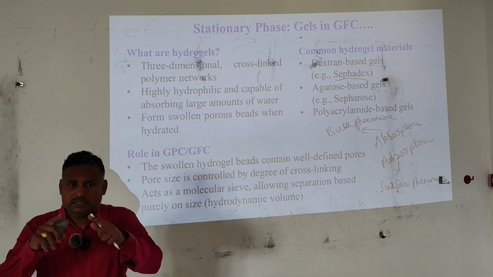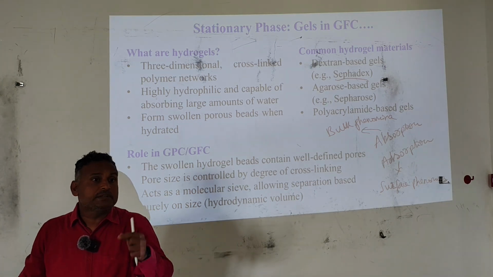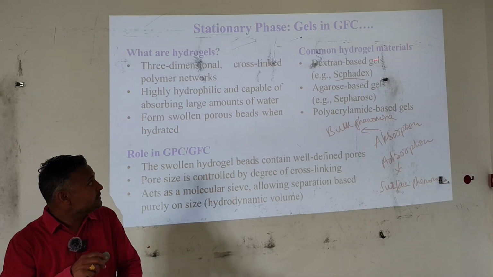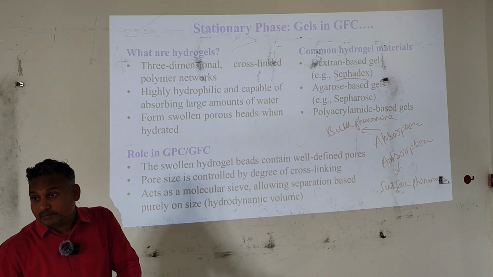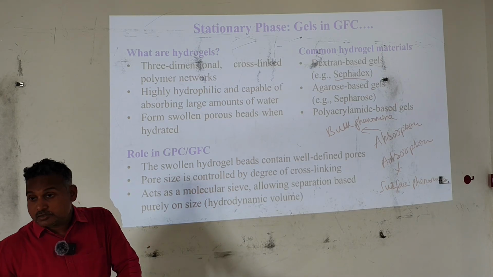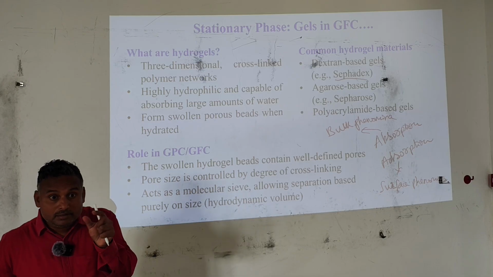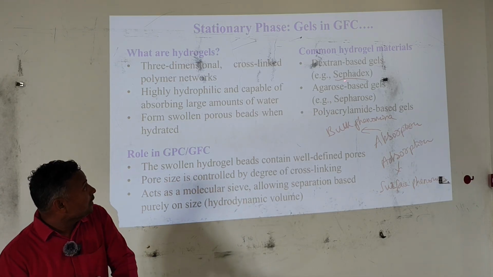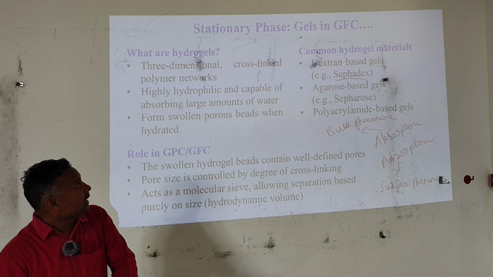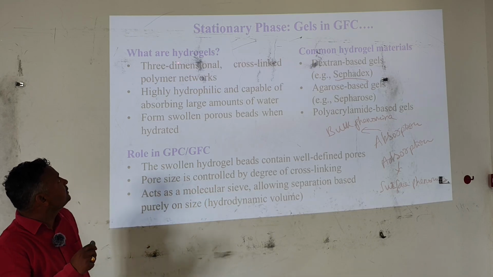When you read the column details, you usually see these terms: Sephadex, Sepharose. All these terminologies you can see on the label of the column. Agarose based gels, Sepharose. Polyacrylamide based gels. Like this, these are the common hydrogel materials which have these